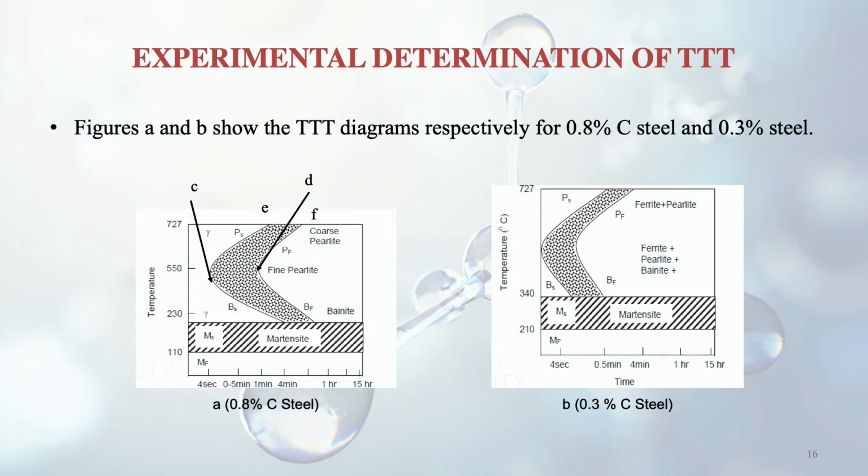Then one more thing you can see, I have represented this distance between the finish and the start by E and F at the beginning of the transformation, and by C and D at the neck point. So see the difference between EF and CD. E is at a farther distance from the temperature axis, whereas C is at a much lesser distance from the temperature axis, and that is only because the temperature is going down quickly, so the cooling rate is higher.